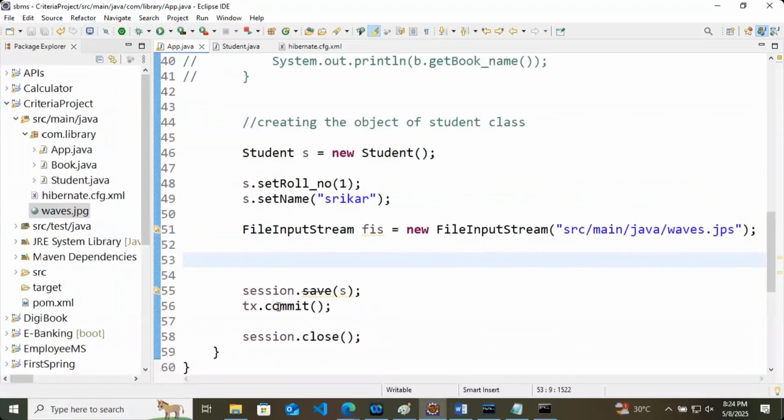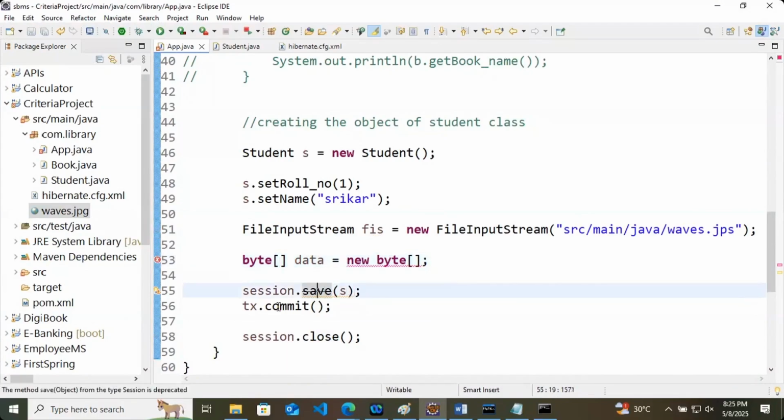So here I will say that there is a byte array whose name is data, equals new byte. Generally we have to provide the size of the array here, like int data equals new int, and then size 24, 25, like that. But as of now we don't know what will be the size of this image.